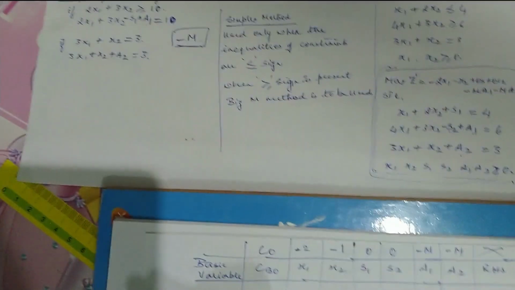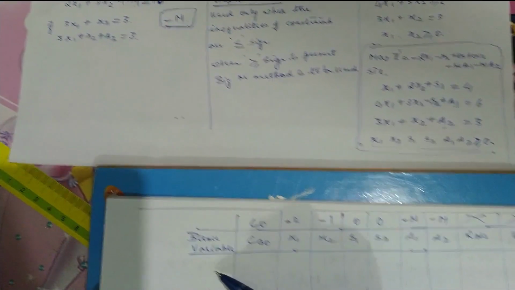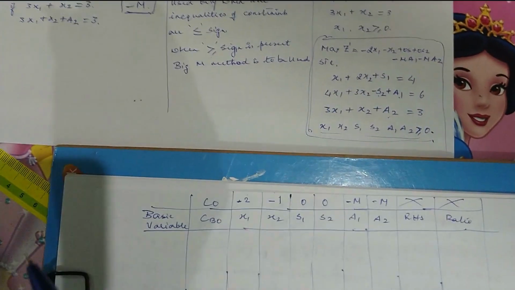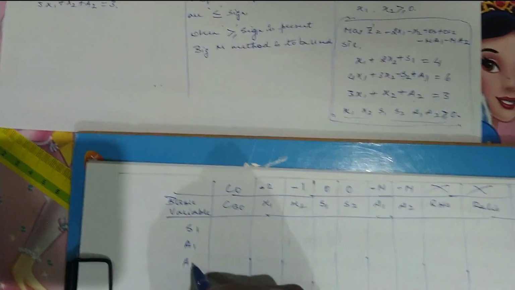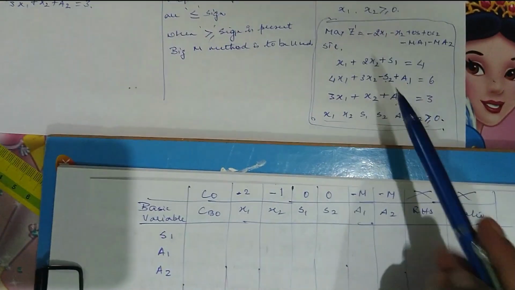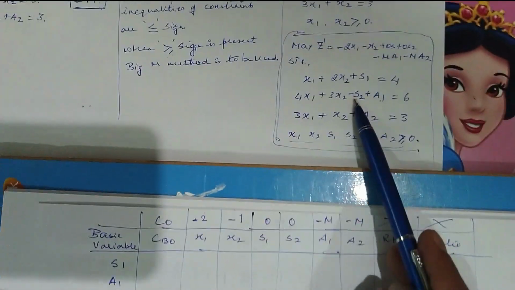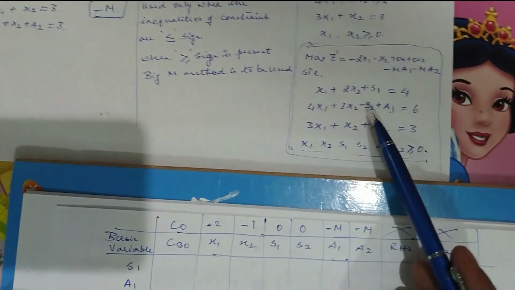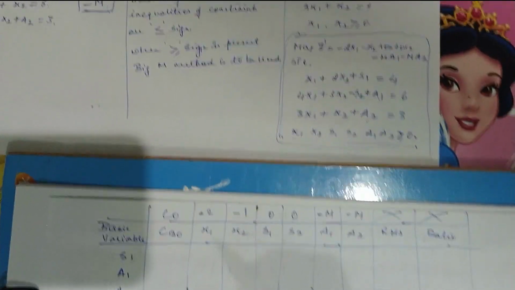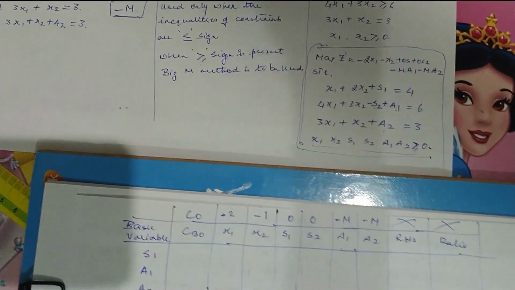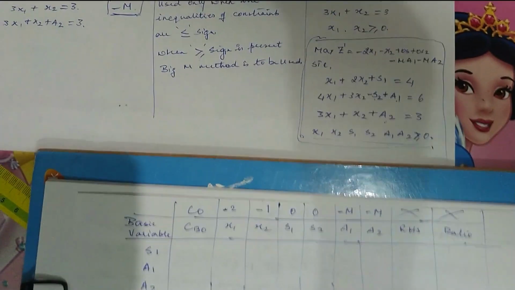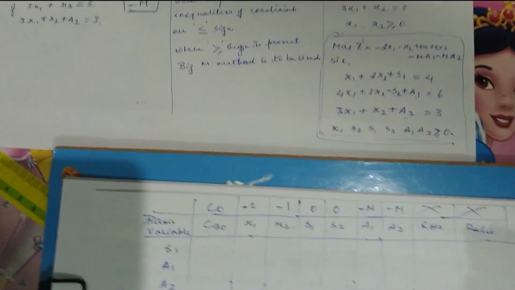Similar to the simplex procedure that we had adopted earlier, we are supposed to consider a certain set of basic variables to evaluate first. But here in the Big M method, we are going to consider the slack variable and only the artificial variables, because if we consider the surplus variable, which already has a coefficient of minus 1 in the constraint, it will not form a unit matrix. Since it does not form a unit matrix, it will lead to a repetition of iterations without improving the solution, a case which is called degeneracy, which I'm going to teach you in subsequent videos.